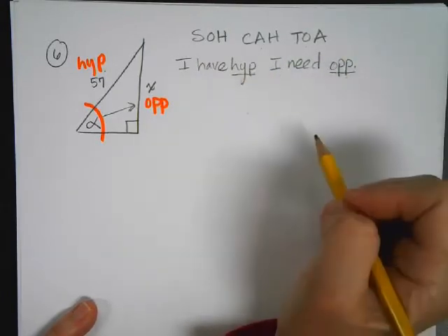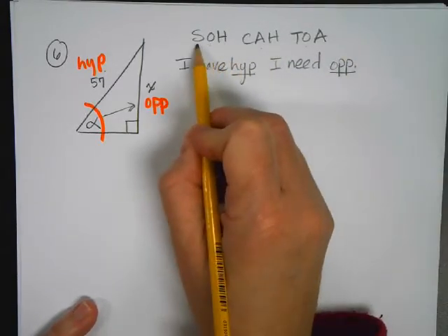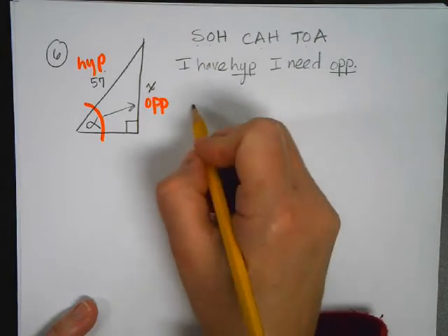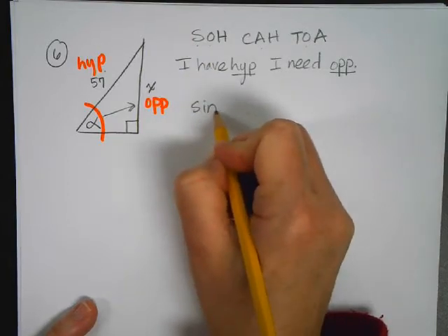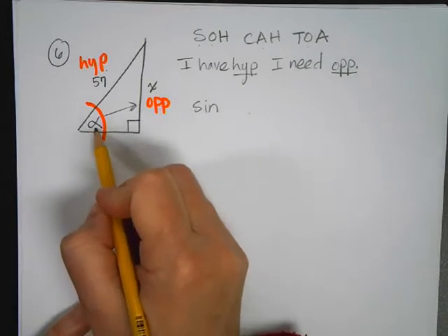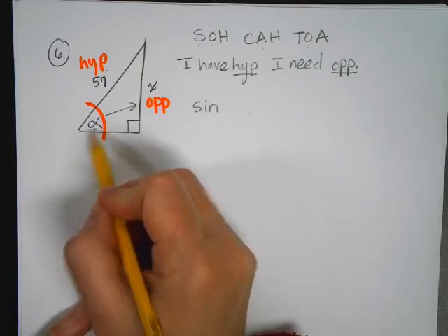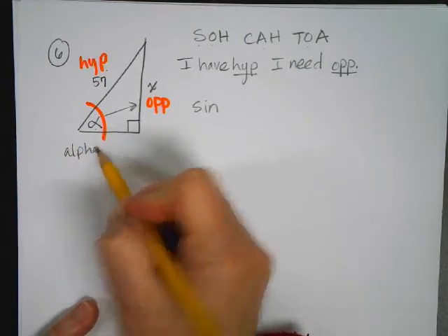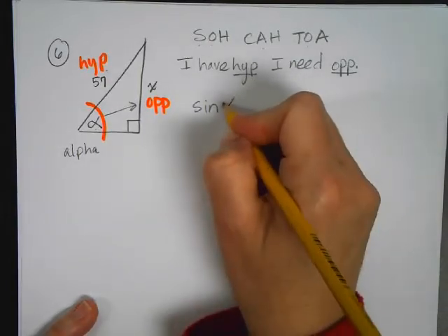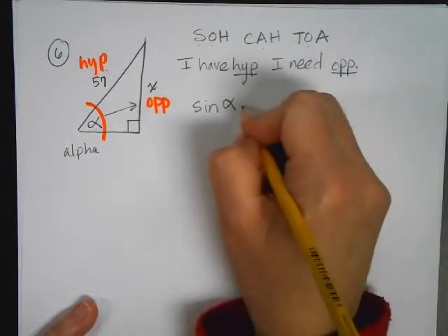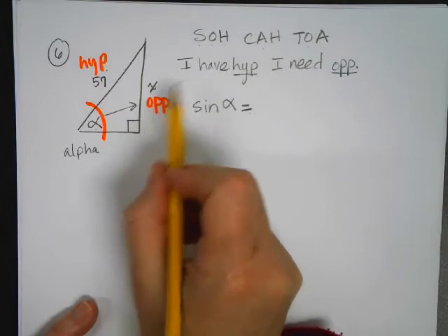Hypotenuse, opposite, that's going to correspond to sine. So we're going to write sine, and this is the Greek letter alpha. We don't know the angle, we're just going to put sine of that angle, sine of alpha equals opposite over